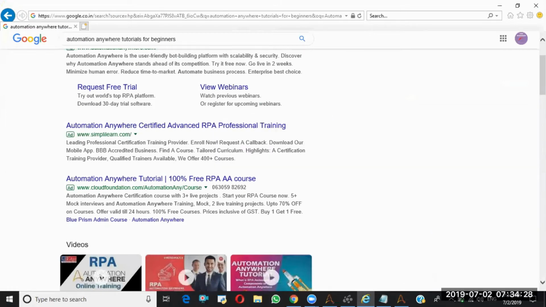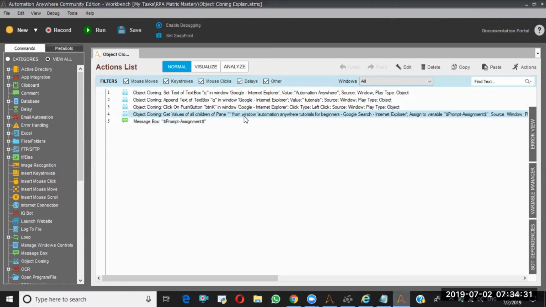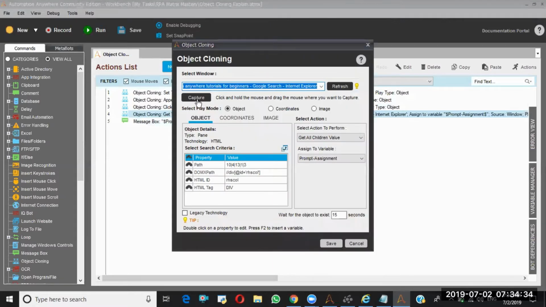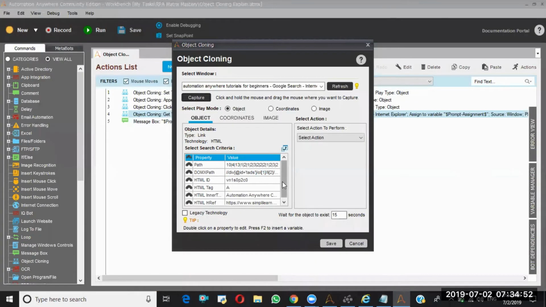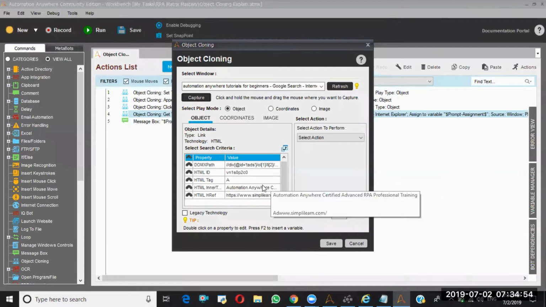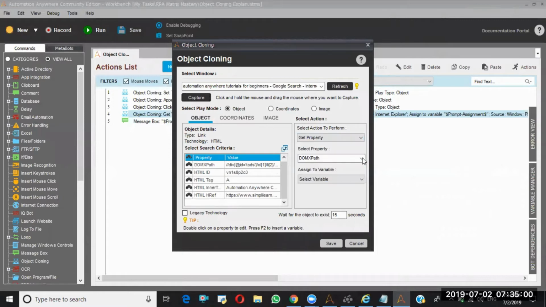Okay, I'll spy another object and I'll demonstrate this to you. So I'm capturing. I am capturing in this way. This time, let's see what it will give. See, if you observe the inner text, it is giving you some value here. So this time I'm going to say get property, get inner text, and I'm assigning it to prompt assignment.